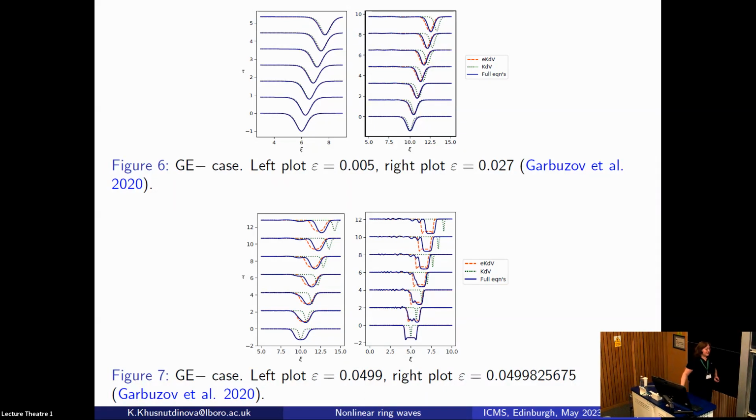This reminds me a little bit of something that people do in dynamical systems when they discuss limit cycles, for example. The true limit cycle is some complicated orbit, but it's often approximated by the nearest circle, right? And then if you initiate numerics with this circle, you quickly find the true limit cycle. So that's somewhat similar. This is not a solution at all, but it knows the correct relation between the amplitude and the speed, so to say, right? It knows something, therefore numerics quickly find the true solitons starting from that.